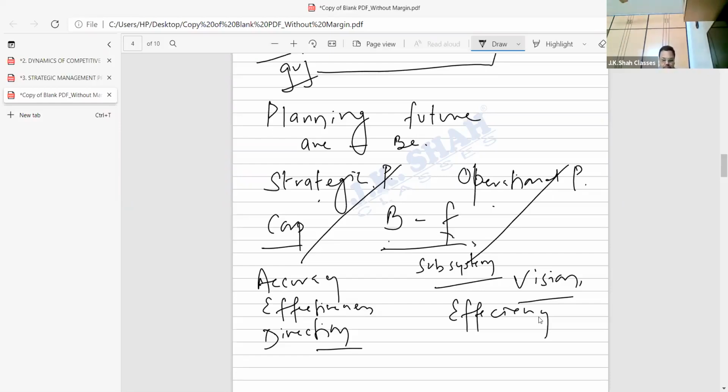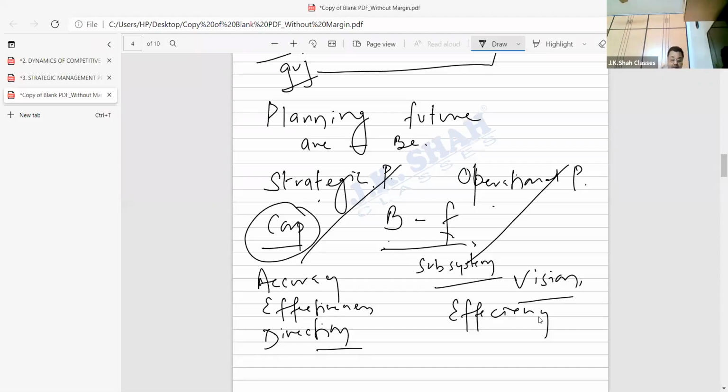Meaning, my dear students, here in strategic planning, I'm more concerned with the formulation work. In operational planning, students, I'm planning, but not with operational thinking, but with implementation aspects. And please, anything that the strategic planning is done, the corporate level is not supposed to keep it with themselves. Getting the point? They are supposed to convey it to the people at the operational level, that is the business and functional level.